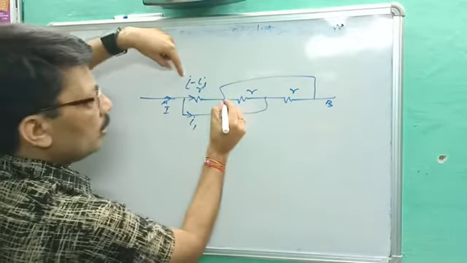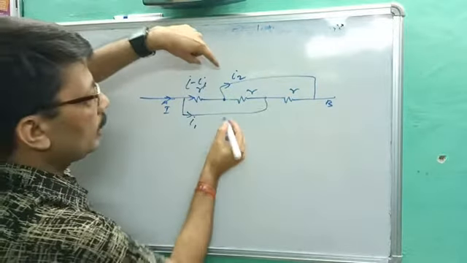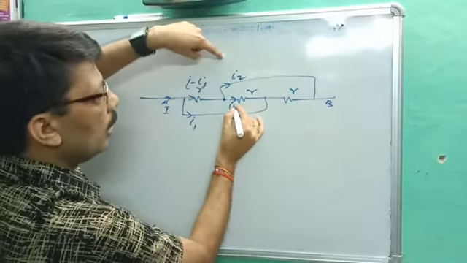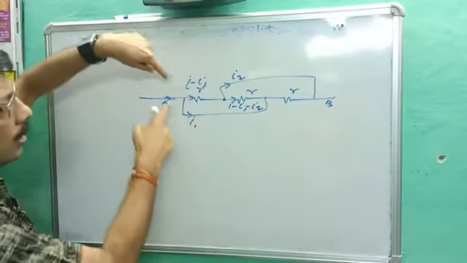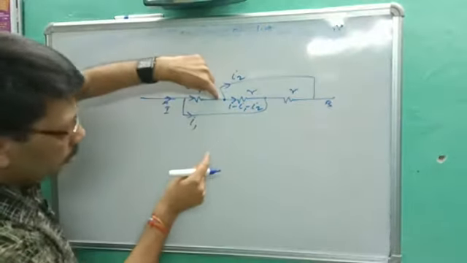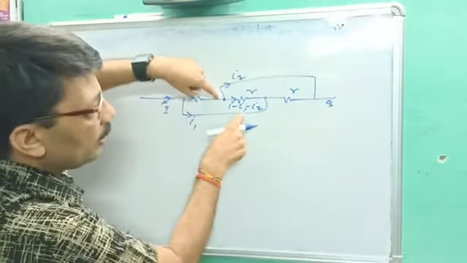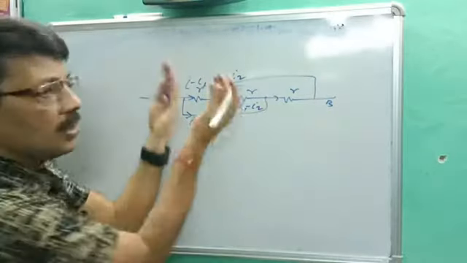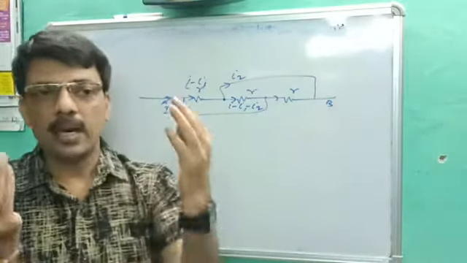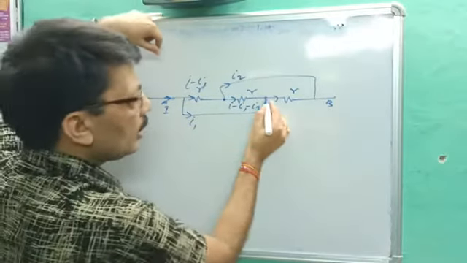For the next junction, another current moves, that is I2. So another current will be drawn here, I minus I1 minus I2. Are you getting that? If I2 leaves the junction, it becomes I minus I1 minus I2. Again, I1 is joining here. If current is leaving the junction, it becomes minus. If current is joining the junction, it becomes plus. So since I1 is joining here, it will be plus.